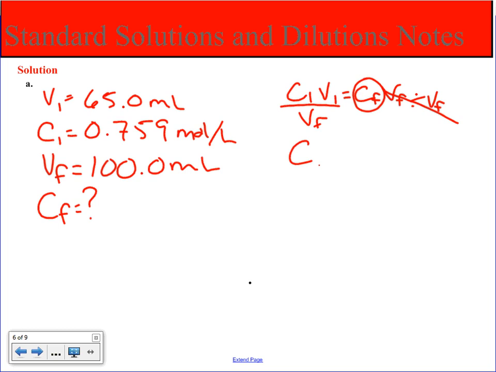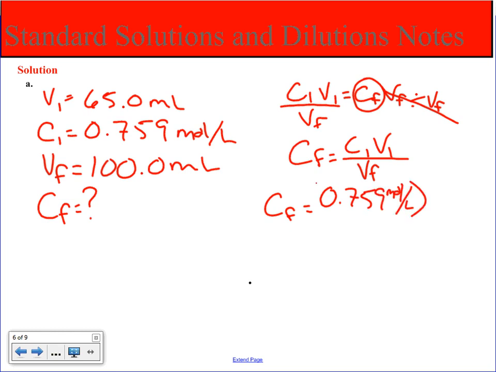And I get that the final concentration is equal to the initial concentration times the initial volume, divided by the final volume. So I'm going to sub in my values. The final concentration is going to equal 0.759 moles per liter multiplied by